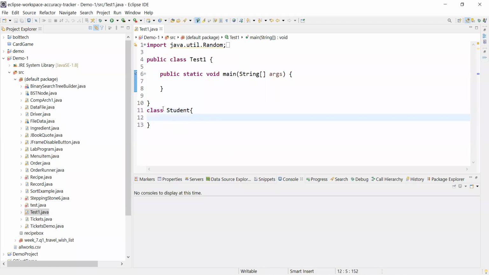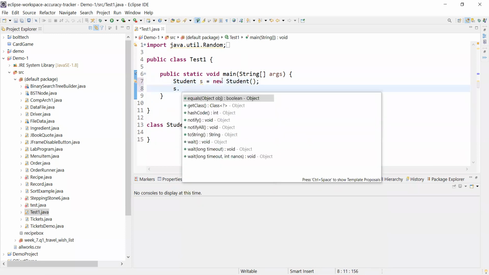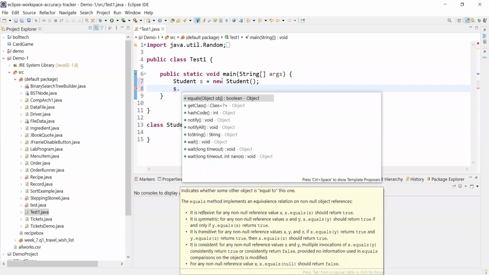Okay, I haven't written anything in this student class, but when I say student s is equals to new student, and I say s dot, you can see all these methods are available. So from where these methods are coming? We haven't defined any method inside this class yet. You can see equals, get class, hash code, notify, to string, wait, right? Right now 9 methods are visible, right?